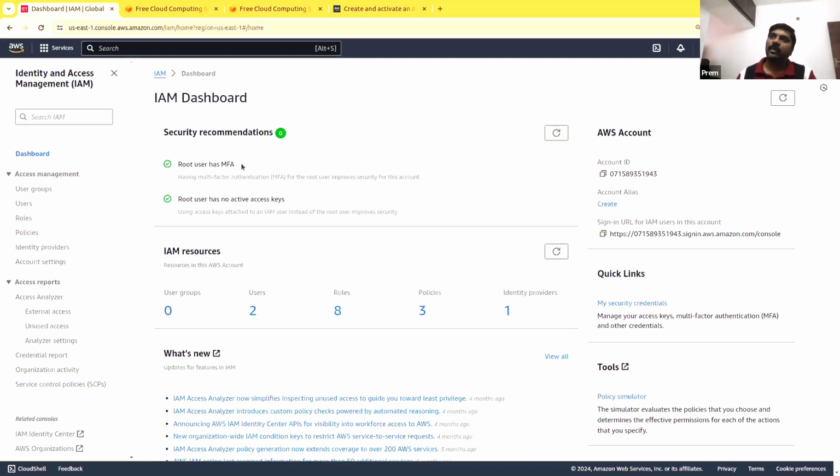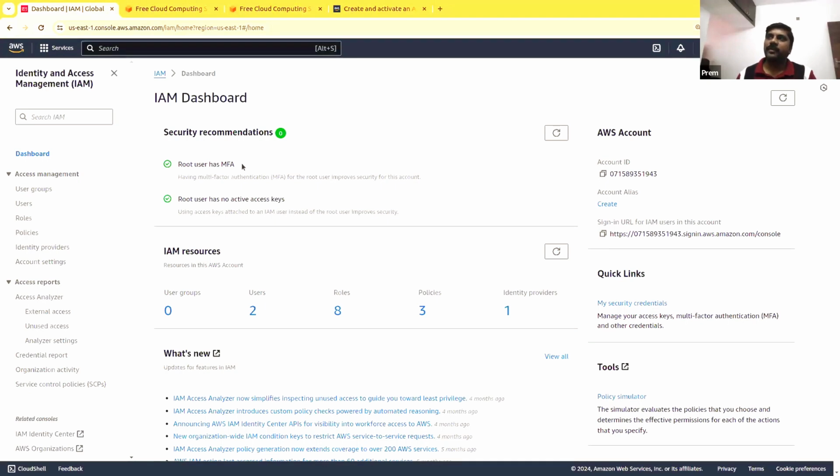I think I told this before. I was in a train. I got an email saying your account has been hacked, and so many hundreds of dollars, thousands of dollars, 1,700 or something was being utilized. So AWS actually detected that there is something wrong with that, and immediately they put the account on hold, and eventually it got terminated. I did not pay anything because they found out it was hacked.